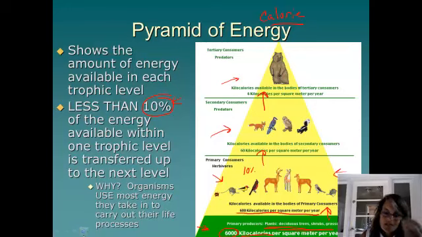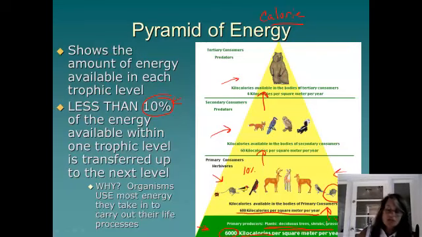Why? The reason is that when Mr. Mouse here, okay, eats grass or seeds or whatever mice eat, he is going to use up the vast majority of that energy that was in that grass fueling his own life activities. He needs to grow. He needs to make babies. He needs to run around. He needs to evade predators. He needs to do all kinds of things, and it requires energy. So he's going to just use up most of that energy. He's going to poop out a little bit of it and waste some of it as heat.